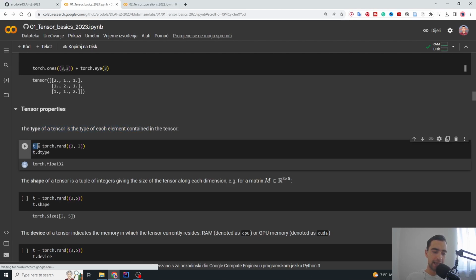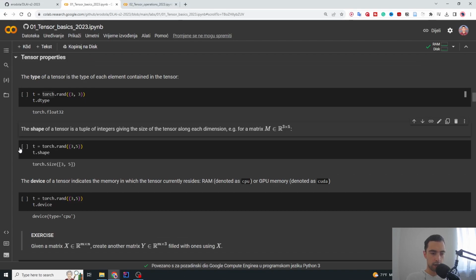So if we say tensor is equal to torch.rand 3 times 3 dimensions, and if we print t.dtype, we're gonna get the data type of this tensor, which is torch.float32. So t.shape is going to be the shape of the tensor. We are going to define shape of the tensor as a tuple